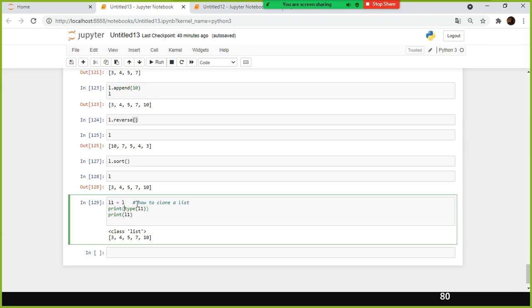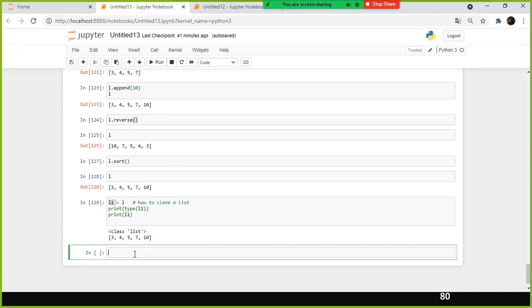But the situation now is, while copying each and every value from L to L1, you need to multiply each value by 2. So 2 into 3, 6, 4 into 2, 8. The multiplied values should go to L1, not 3, 4, 5, 7, 10. Fetch each value, multiply it by 2, and then the multiplied value should go to my L1. How can I do that?